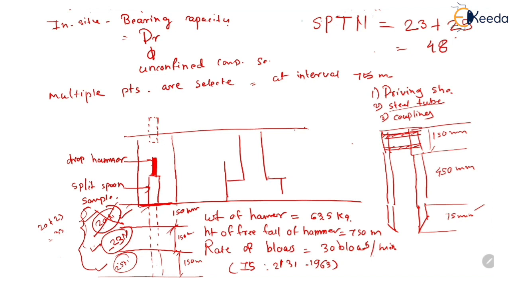So with the help of this standard penetration number which is denoted as N, we can determine the value of angle of frictional resistance phi dash, and then by using this value of phi dash we can determine the bearing capacity factors NC, NQ and N gamma. So by using these factors we can determine the bearing capacity of the soil.